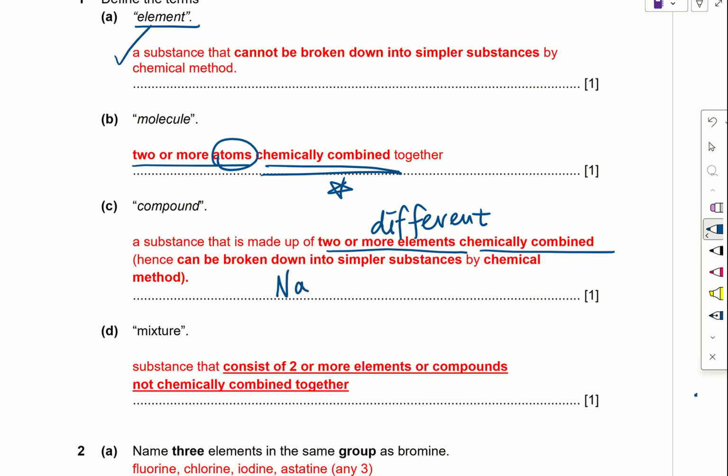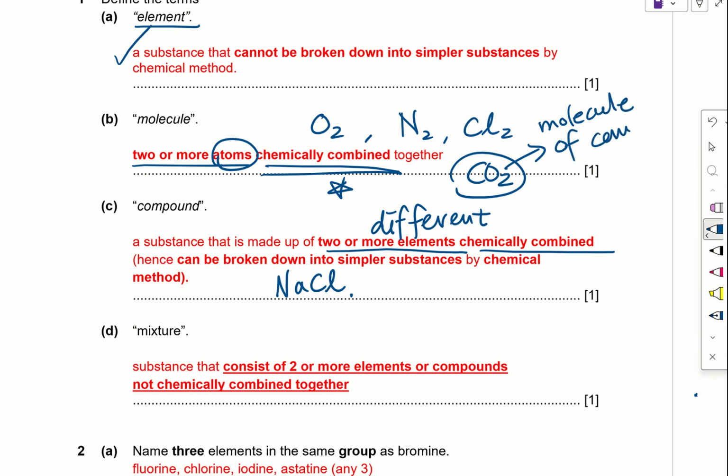So an example will be your NaCl. Maybe for a molecule, it will be O2, oxygen. We can also have nitrogen gas. We can also have chlorine gas. As long as it's two or more atoms chemically combined. We can also have carbon dioxide. So carbon dioxide, I will call it a molecule